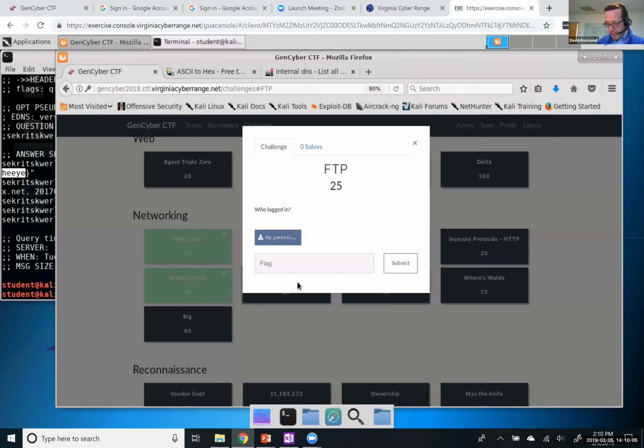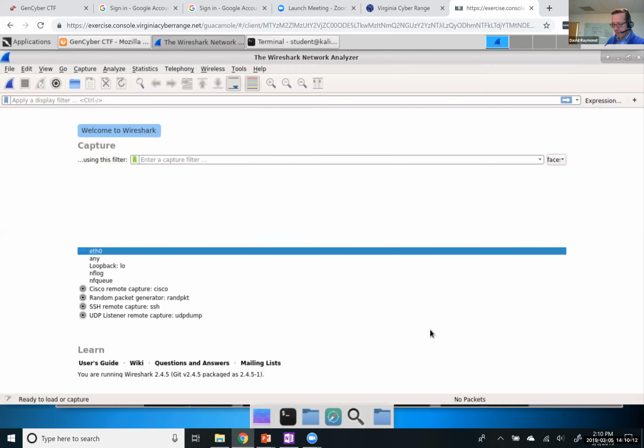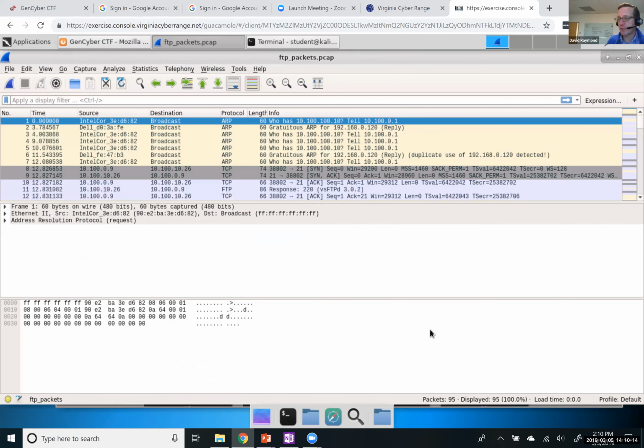Let's look at FTP. So who logged in? All right, open with Wireshark. It's a network challenge, and the title of it is FTP. So I'm pretty sure it's going to be file transfer protocol traffic, and it says who logged in. So here I'm going to do my